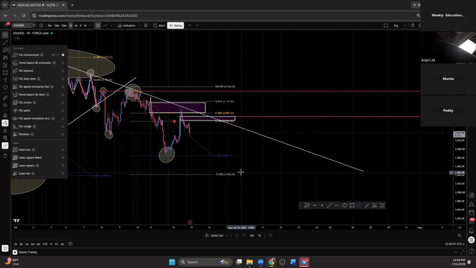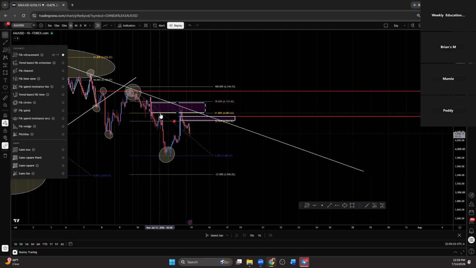But when it comes to your entry, you've got to know why you're entering at this area. What has happened already for me to take this entry? That's what you've got to ask yourself. Right here, you see this high, this low, this lower high, this lower low. Market's got to give you another lower high. This is your overall high, this is your overall low, and this is internal liquidity, internal lower high. So why not let the market go ahead and sweep that area and then go in your direction?